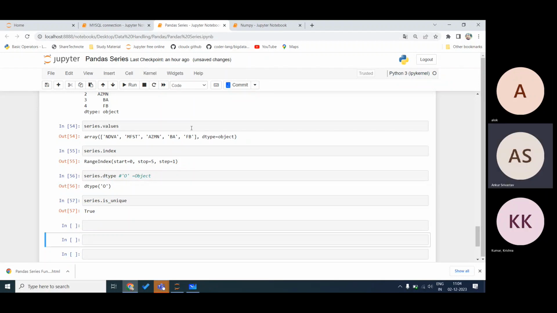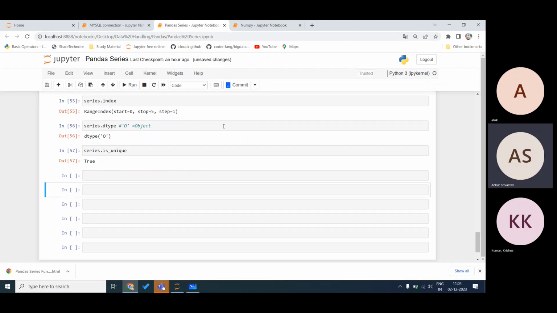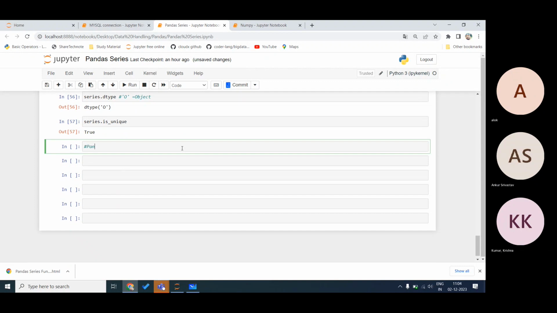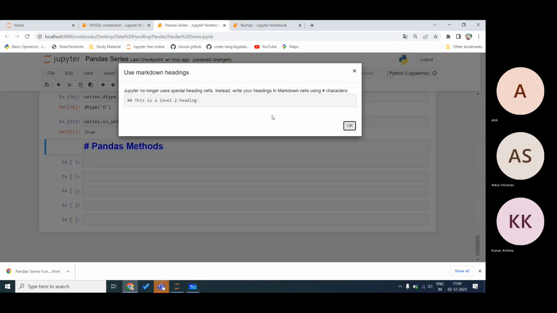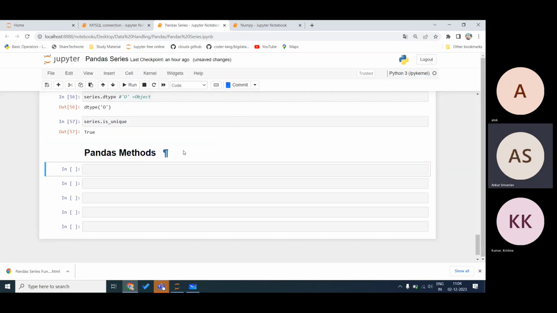In Pandas methods, you can do some calculations.